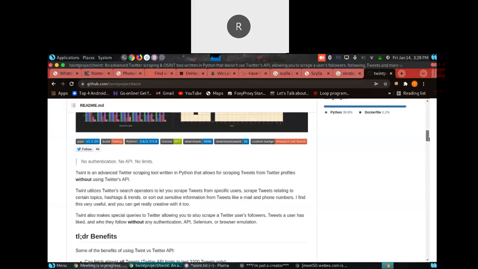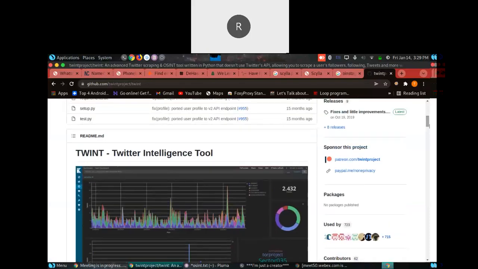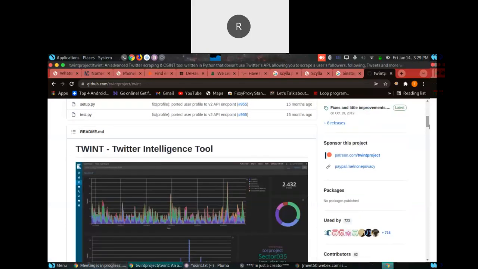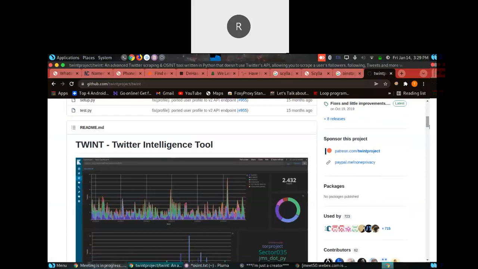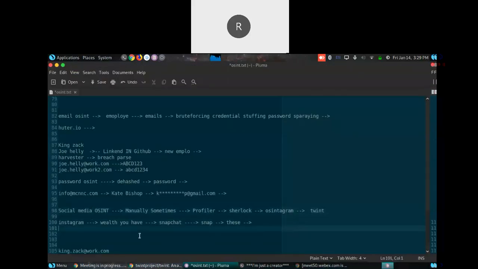So this is Twint. This tool is really good. Today I'm not going to show everything you can do. You can search a profile, you can get the tweets of the profile you want, you can search for a particular word. For example, I am searching my profile, and I want to get the tweets where I have used the word password.